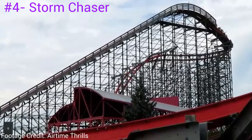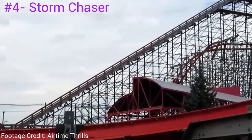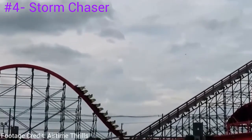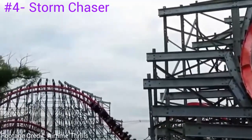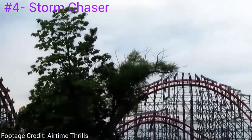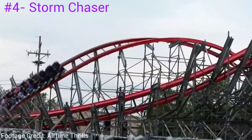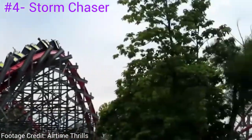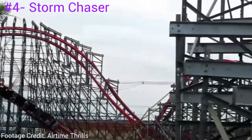At number 4 is the only RMC iBox coaster that's not a hybrid, Storm Chaser at Kentucky Kingdom. This ride, along with Lightning Run, gives Kentucky Kingdom by far my favorite 1-2 punch, both giving awesome ejector airtime. Once again, I don't remember too much about this ride because I rode it kind of a long time ago, but I do remember it also being the station wait like Lightning Run, so I got to ride it like 5 or 6 times. I remember that the barrel roll drop was really cool, definitely one of my favorite drops,